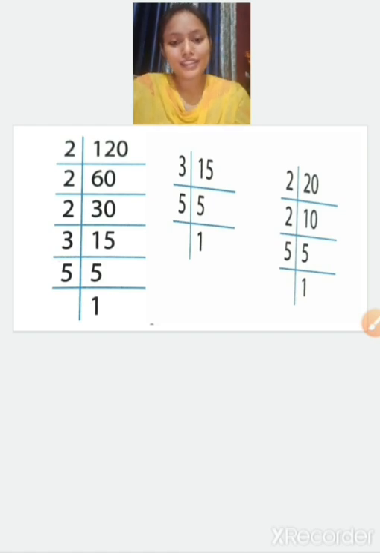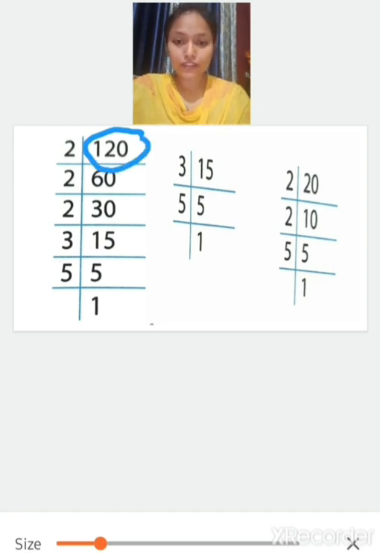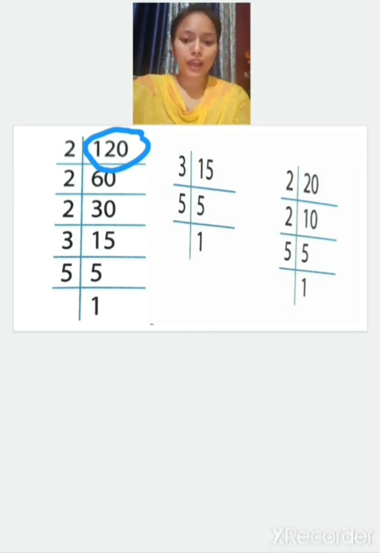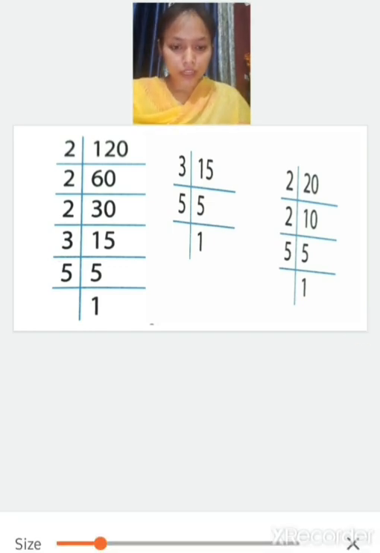Yes, like this, as you can see here, factorization is this one. So if you want to find the factors of 120, if I'm having a number 120 and we have to find the factors of 120, how will we do it? We will divide that number by the smallest prime number. Smallest prime number is 2. So we have to divide 120 by 2. So we'll take the smallest prime number.